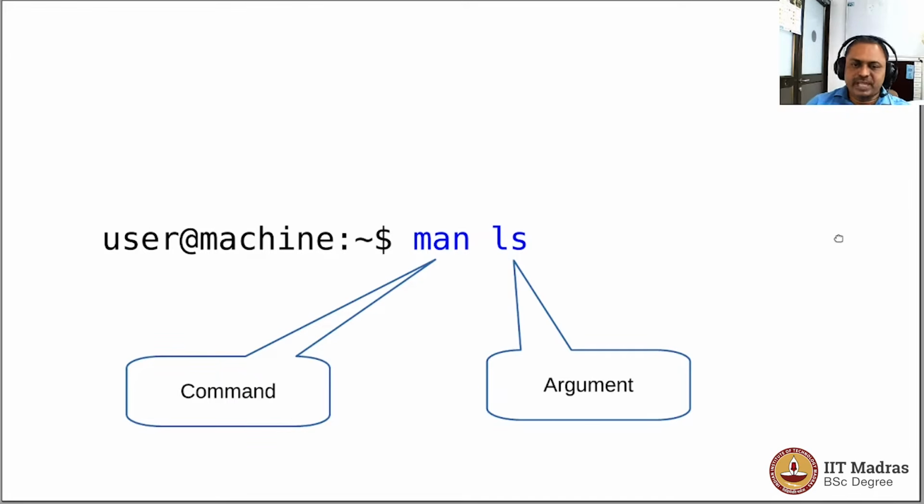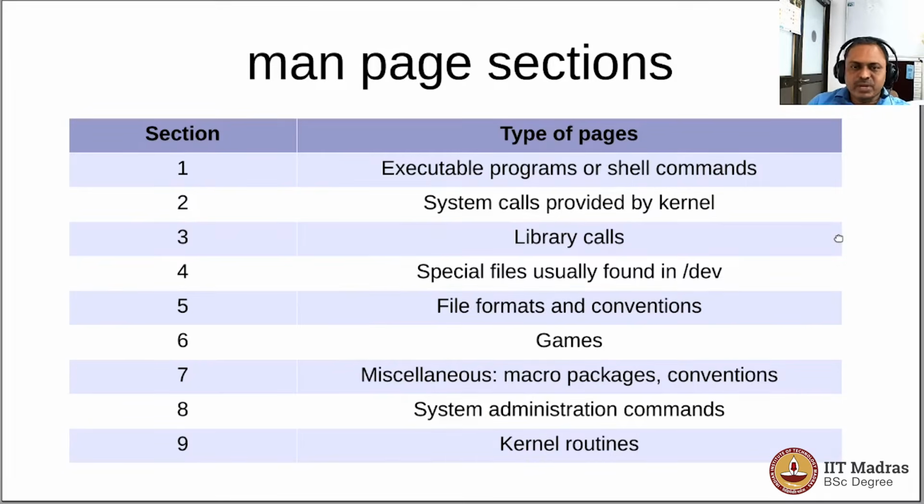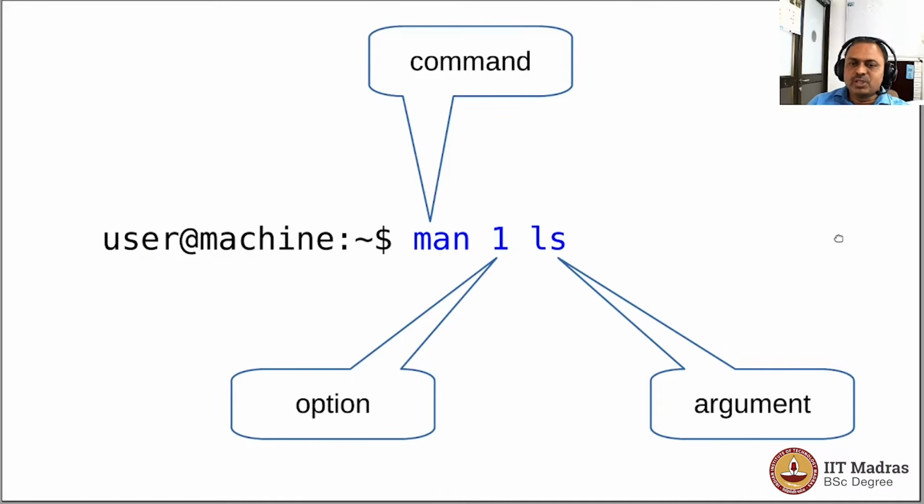So here is what we have done. We have run the command man with the argument ls, so that we are looking at the manual page for the ls command to understand various options that can go along with it. Now the manual pages come in many sections, and this is just textbook information to let you know that the manual pages cover various aspects of the operating system, and section 1 is where the shell commands are described. So you can ask for man pages to be displayed in section 1 for the command ls. When you type man space 1 space ls, 1 becomes an option and ls becomes an argument.